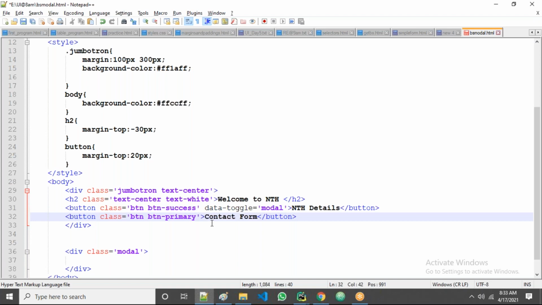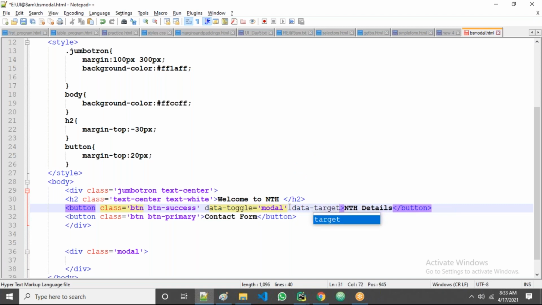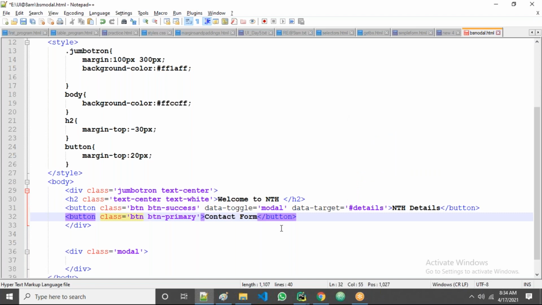Our first one is data toggle equal to modal. Next attribute is data target, guys, data target equal to some id. Some id I'll give, for example, details, like this. Some id. All are clear?